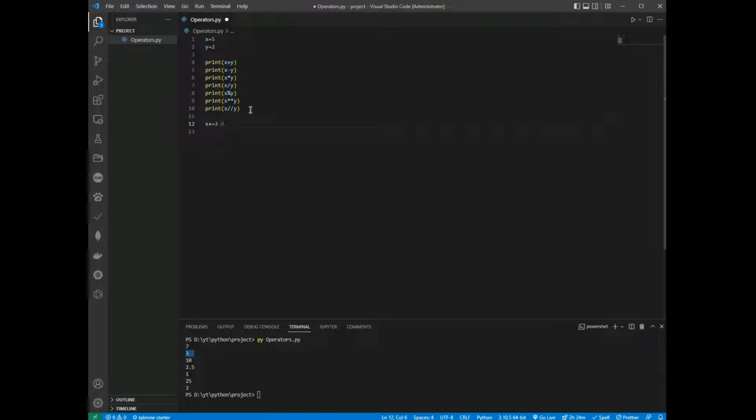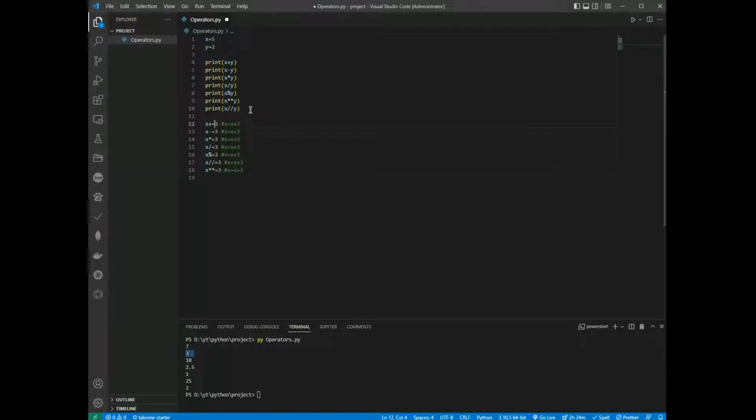This means x equal to x plus 3. Save and paste. We have minus, this, and modulus, and this explanation,